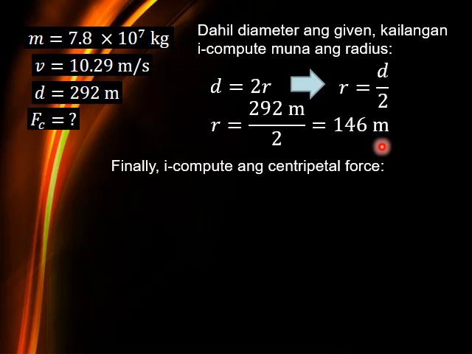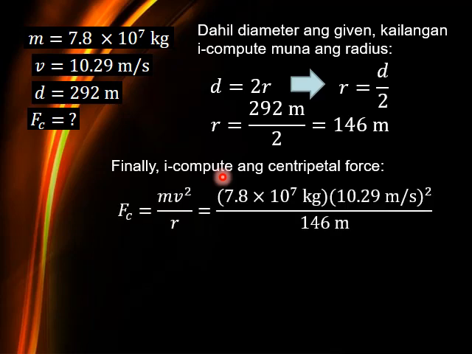So, since meron na tayo ng mga given na yon, so finally, pwede na natin i-compute ang ating centripetal force. So, Fc is equal to mv squared over r. So, pag sinubstitute natin, meron tayong 7.8 times 10 to the 7 kilograms times 10.29 meters per second squared, okay,